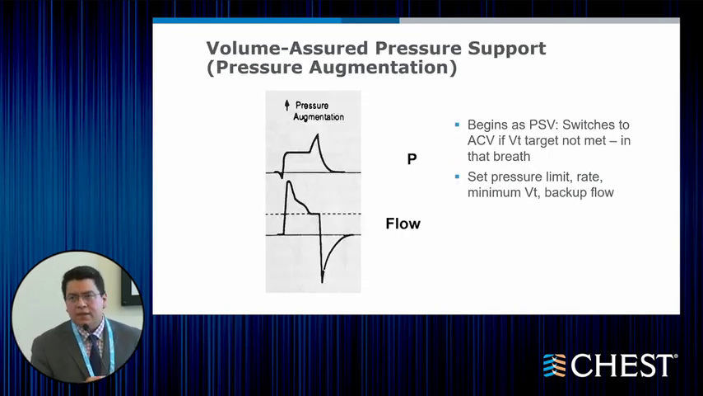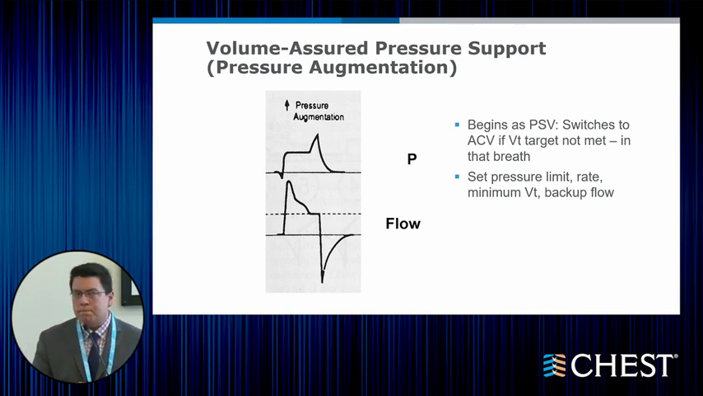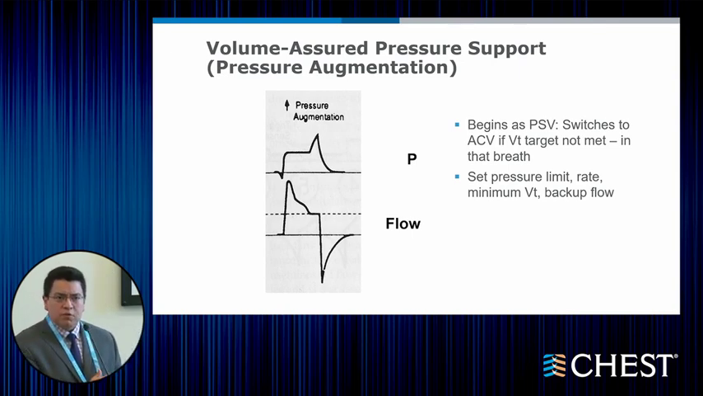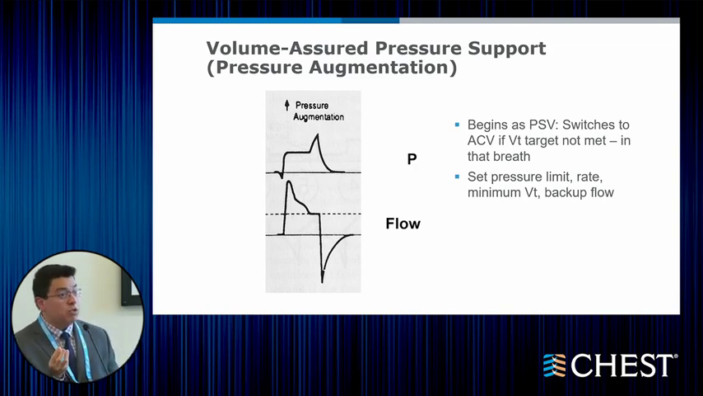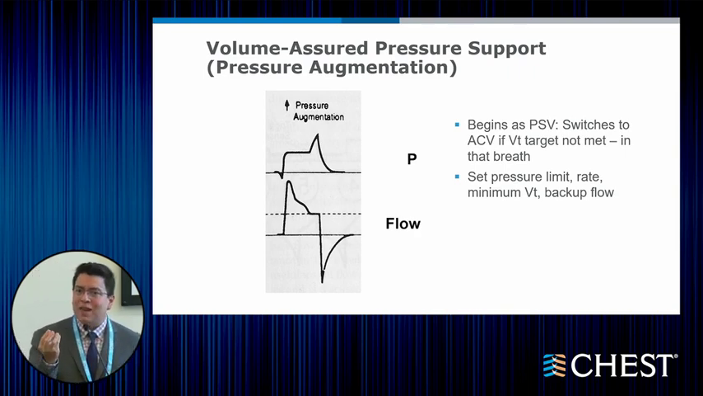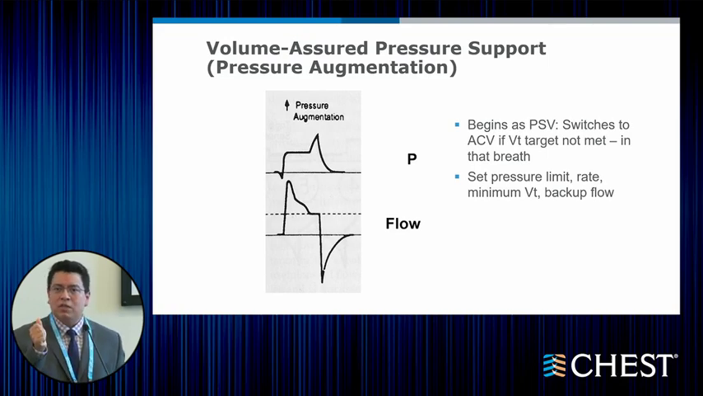The second dual control mode that can be tested is volume assured pressure support. Different from the previous one that we just saw, the augmentation of pressure actually happens immediately during the breath. Having a specific tidal volume in mind, we start as pressure support ventilation, but if the ventilator senses that, based on the previous inspiratory time of the patient, that tidal volume is not going to be reached, then it switches to an AC mode, or assist control, in order to augment the pressure and reach that specific tidal